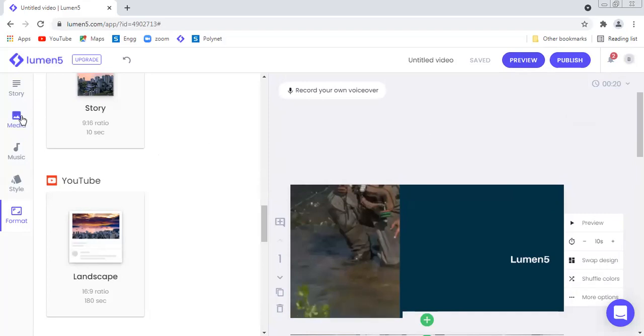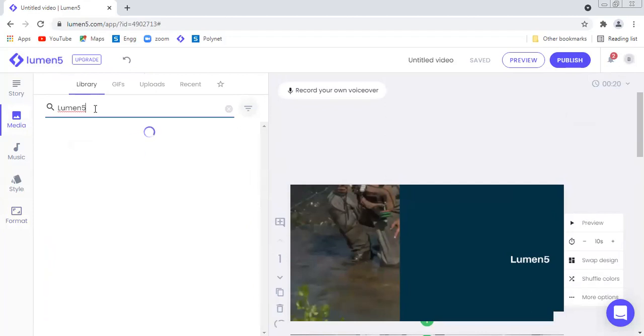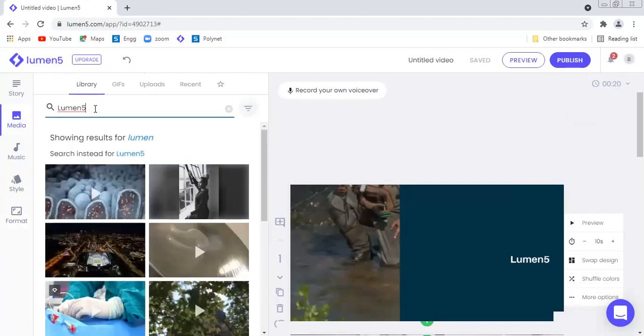Before ending, I just want to say that if you are not satisfied with whatever the media is available, then you can just type whatever you want to search, and accordingly it will suggest certain media.